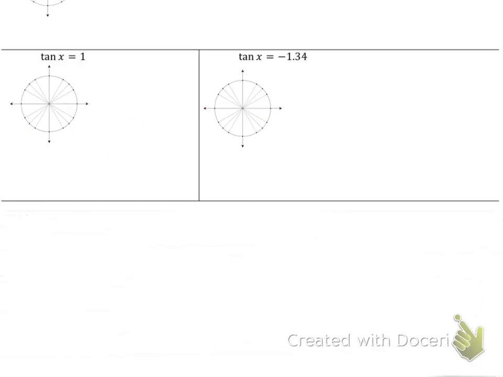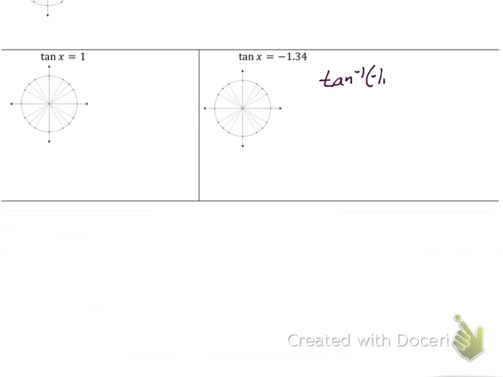Okay, I'm going to skip to tan x equals negative 1.34, primarily because this one doesn't follow that sine and cosine rule like I said. If it's greater than 1, it's okay. What we need to do is, it's not on a unit circle, so you'd need to take out your calculator for this one, and you'd have to actually find the tangent